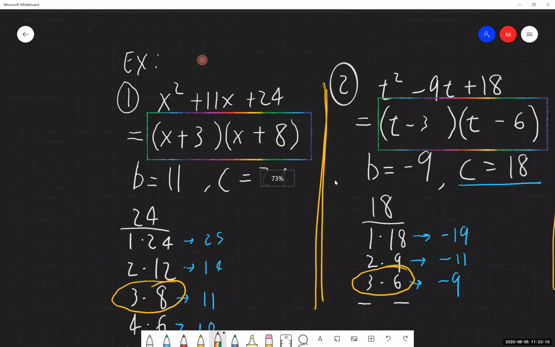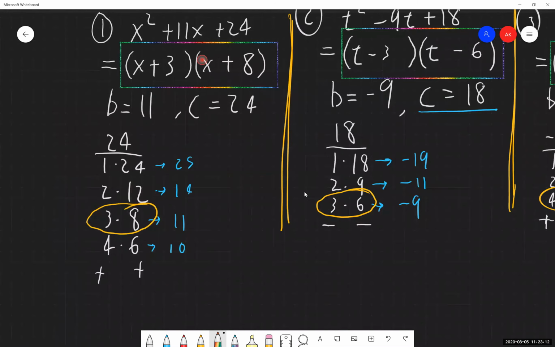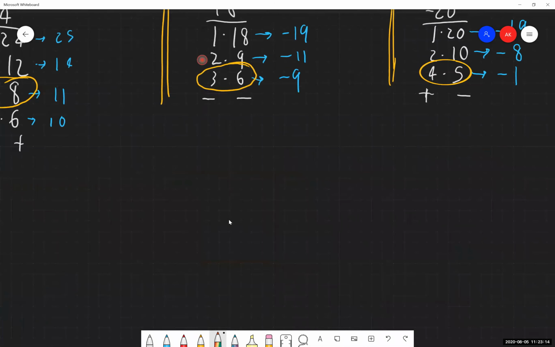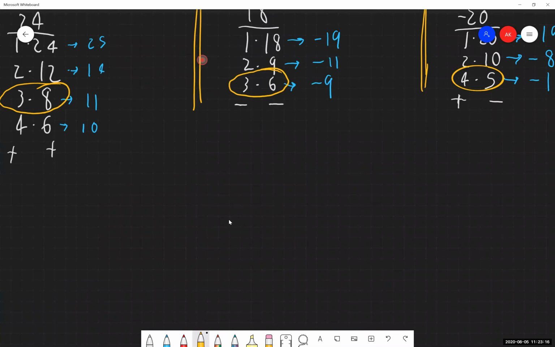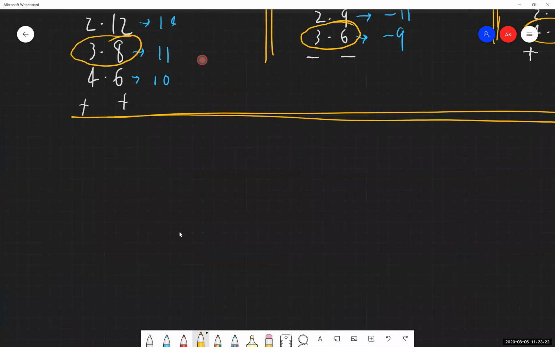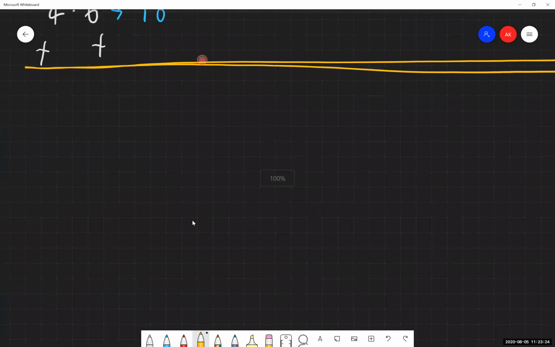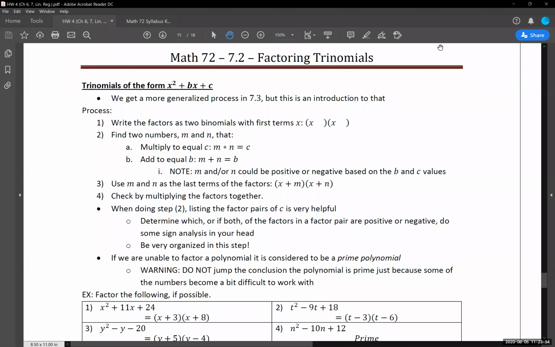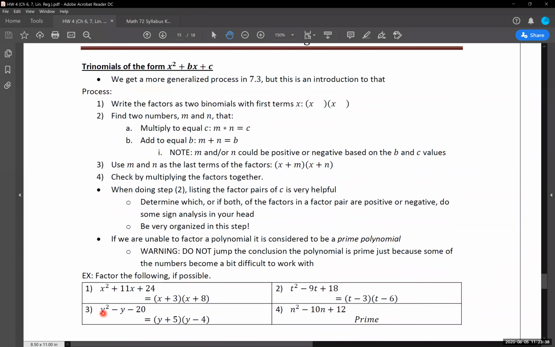Let's zoom out here because we're going to go through more examples, but divide this thing up here first. So let's jump on over back to our notes, and we'll take a look at the second half of this section. So we just went through our first part, and we went through our examples that we have listed here.